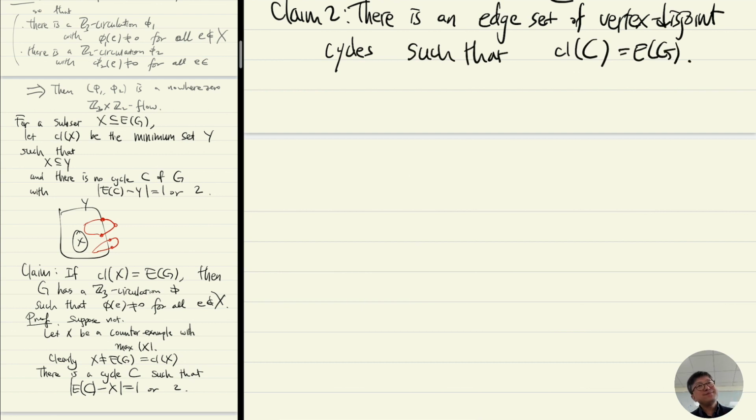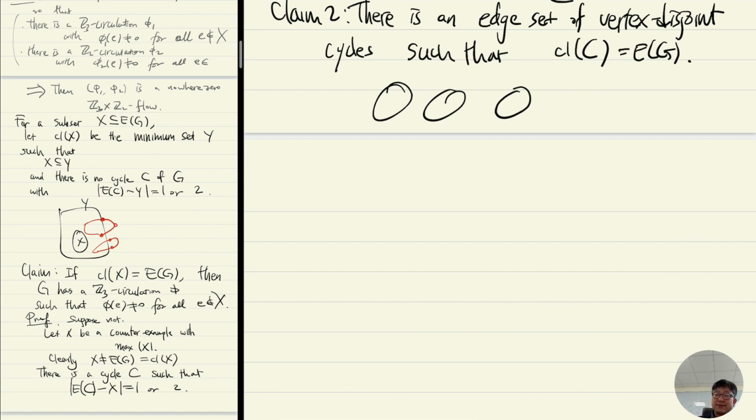If this claim is true, then we are done, because C is already an edge set of vertex disjoint cycles, and you can find the G2 circulation where on the cycle you get a 1, and outside of the cycle you get 0 trivially. And outside of the cycle you can cover them by using the previous claim that you make non-zero values outside of the cycle, and when you combine them together you have a nowhere-zero 6-flow. Okay,